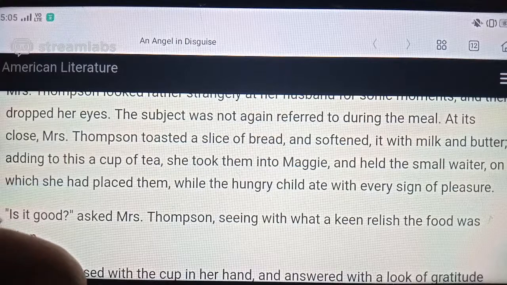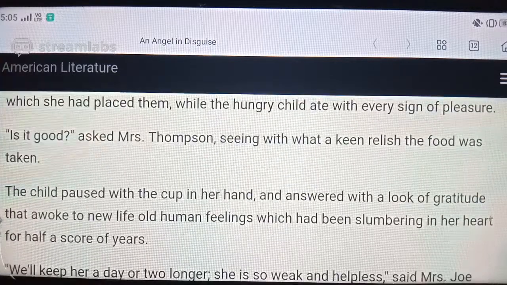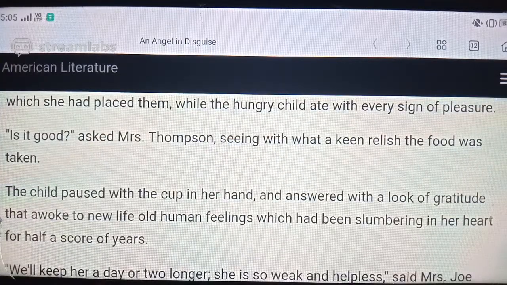Is it good? asked Mrs. Thompson, seeing with what a keen relish the food was taken. The child paused with the cup in her hand and answered with a look of gratitude that awoke to new life old human